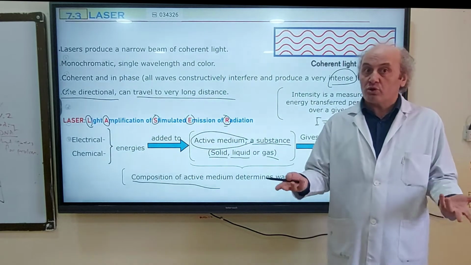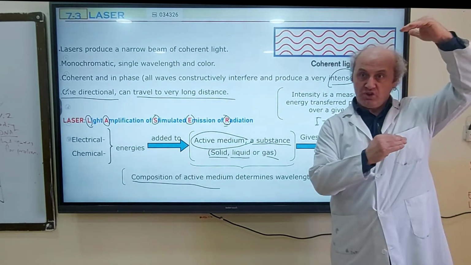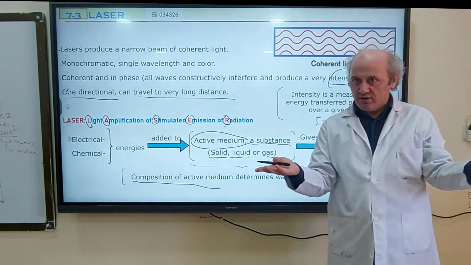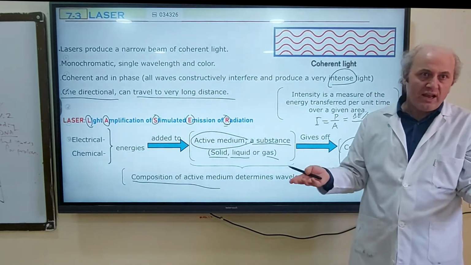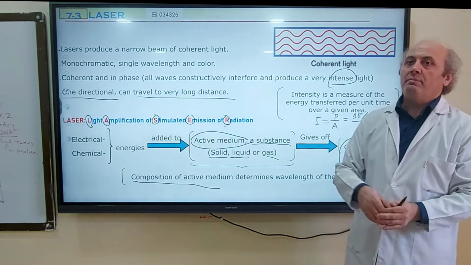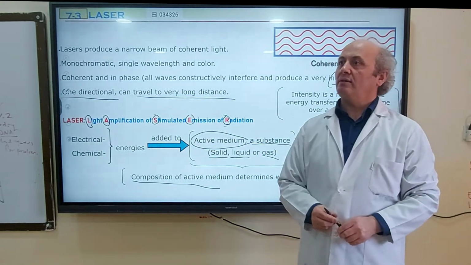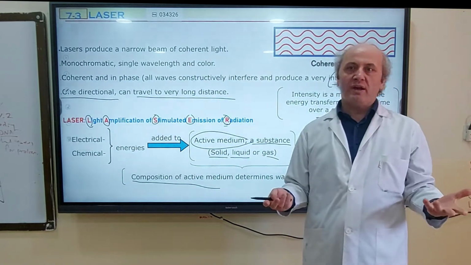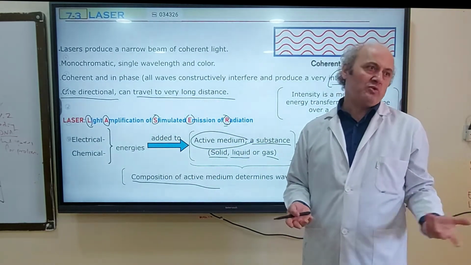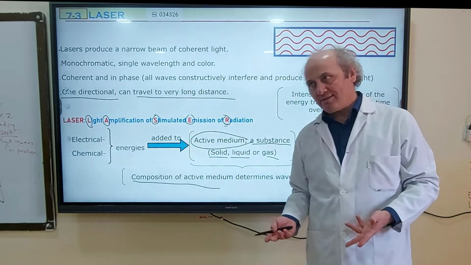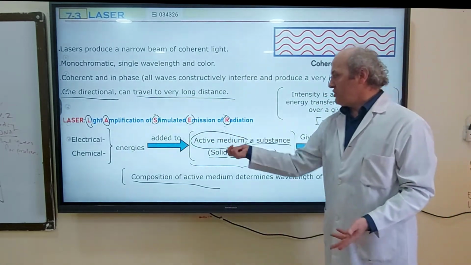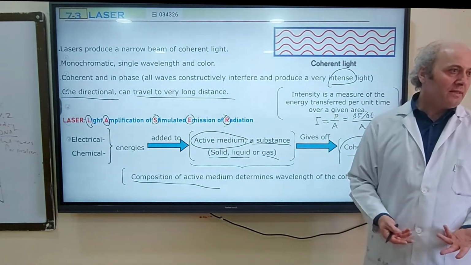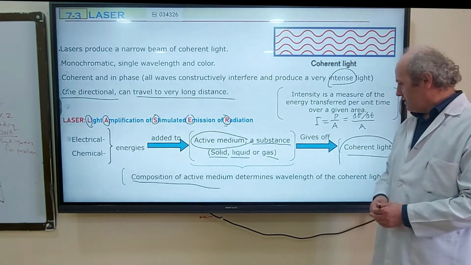And also we learned that the composition of the active medium, meaning the type of gas, solid, or liquid, determines the energy, determines the color of the light, because for each substance, energy levels are different. That's why each photon can have a different color. Remember in the last lesson we talked about the auroras. Because in the atmosphere we have mostly nitrogen and oxygen, the color was green and red. Similarly, the composition of the active medium and the type of substance you use will determine the color of the light